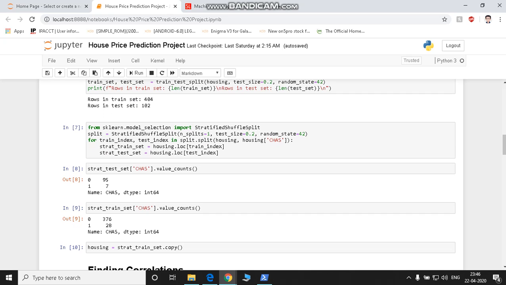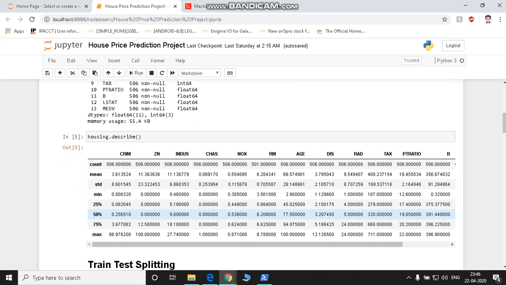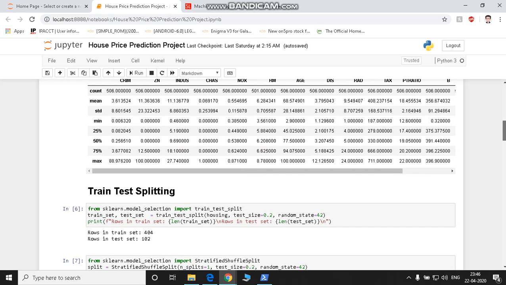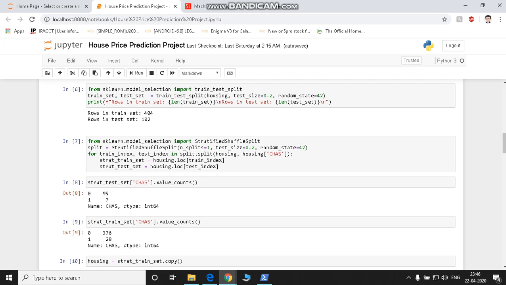Then we can see in the data that more than 75% of the value of CHAS is 0. So to equally distribute this data, we have used stratified shuffle split so that it is distributed equally among the train data and the test data.